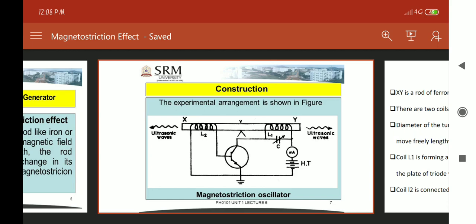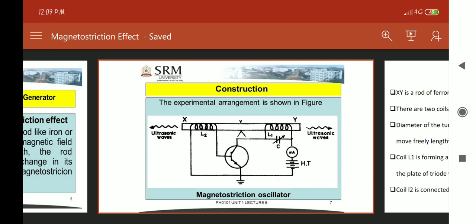After that, if there is any change in the plate current which is passing through the coil L1, it causes a corresponding change in the magnetization of the rod within the coil L1.